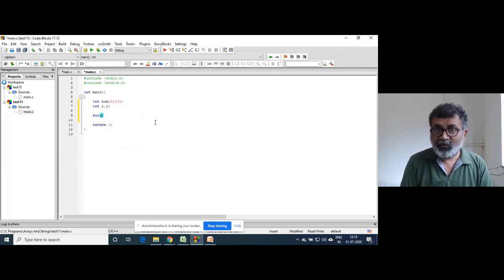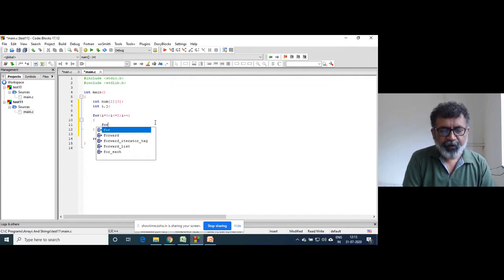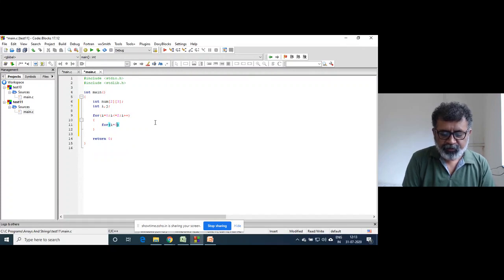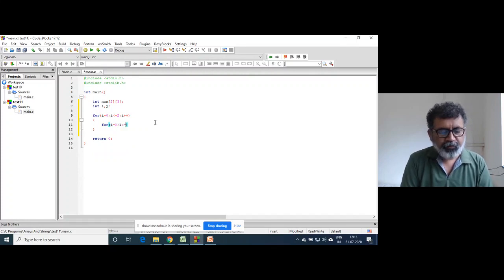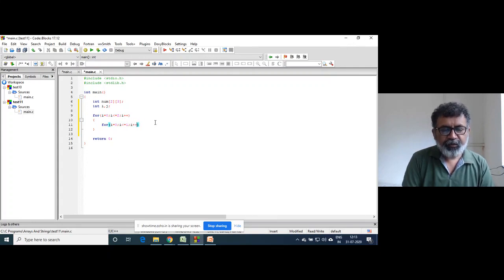Definitely you need loops, because there are rows and columns. So for I is equal to 0, I less than or equal to 1, I plus plus, and for j is equal to 0, j less than or equal to 2, j plus plus.